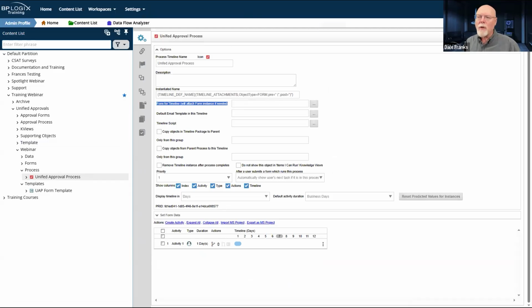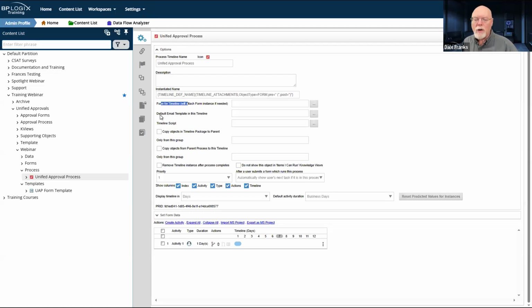That has several implications for how we are going to have to build and configure the timeline, because we can't depend on knowing what the form is, because the form, whatever form it might be, is going to be attached to this timeline when the form instance is submitted. It might be 1, 4, 5, 10 different forms. We don't know. So we have to be able to accommodate that. And in order to accommodate that, the first thing we can't do is set a form for the timeline.